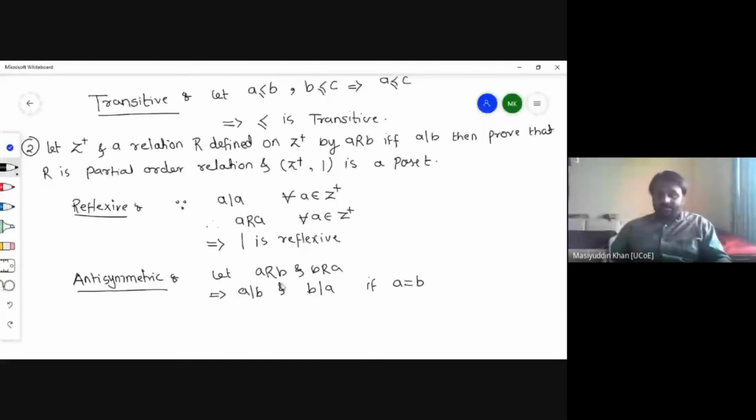That's why I have told you many times that for symmetric and antisymmetric, try to understand both concepts. It is conditional, it is not fixed. A related to B, I am saying A divisible by B, B related to A means B divisible by A. These things are possible only if A is equal to B. If A equals B, only then is this possible for both, otherwise it is not possible. Therefore we can say that A, B belongs to Z plus. Z plus means positive. Therefore divisible is antisymmetric.